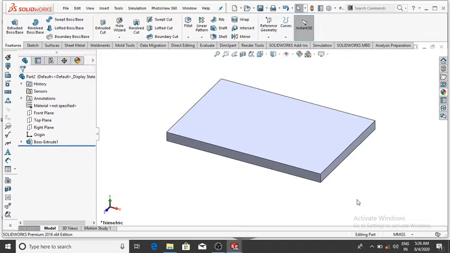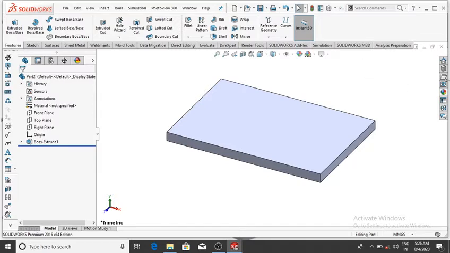So simply select this and make the fillet on all the corners. So select this, make the corner of 20 mm from all the corners. So select and make it.